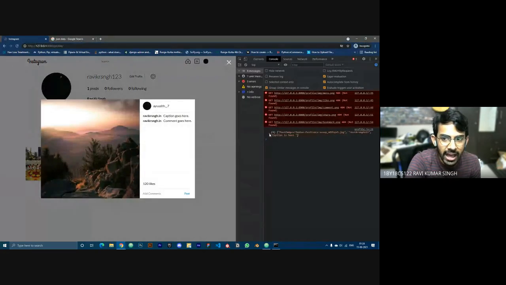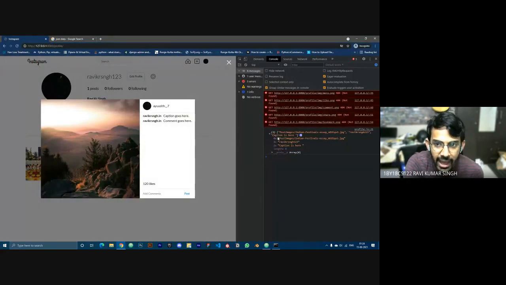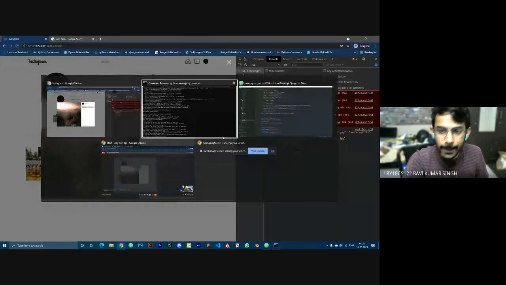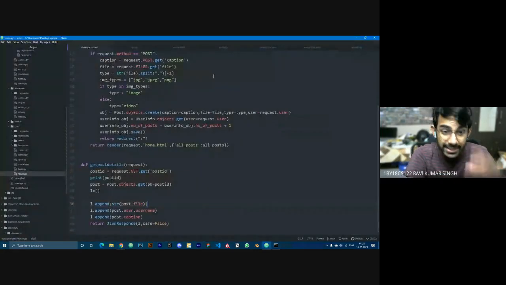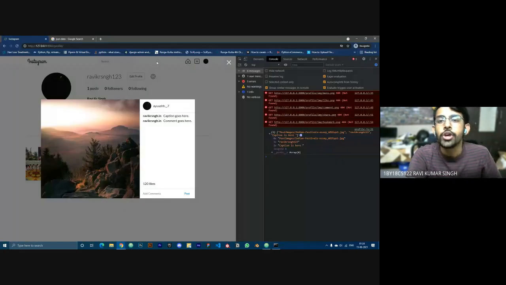and then I click on net. Now if you see, I have the array, and in the array I have the URL, the path of the particular image, the path of the particular post image, then the username and whatever the caption is. Now I'll have to replace all of these values over here. So how will I do that? It's again by using JavaScript only. This is a bit complex JavaScript. I'll summarize this again as I complete it.